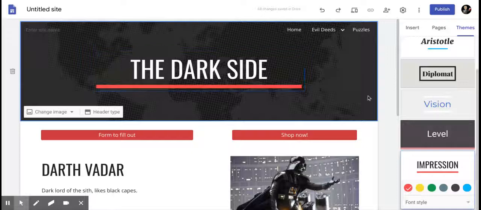While changing themes changes the appearance of the entire site, you do have some options on individual pages. The first one is to do with the header on the top of a page. You can adjust what you have in the background. So I've got my title of The Dark Side here, and it's given me, according to the Lethal theme, a